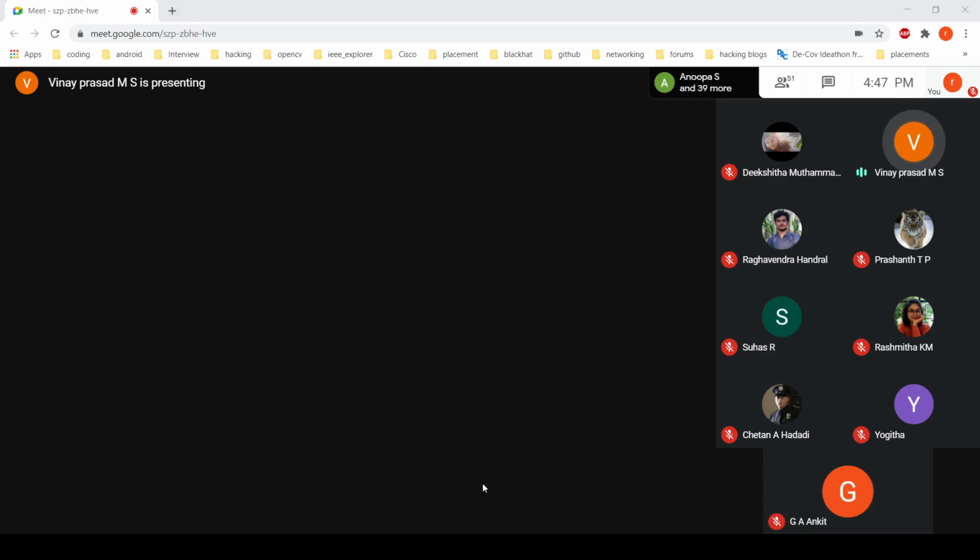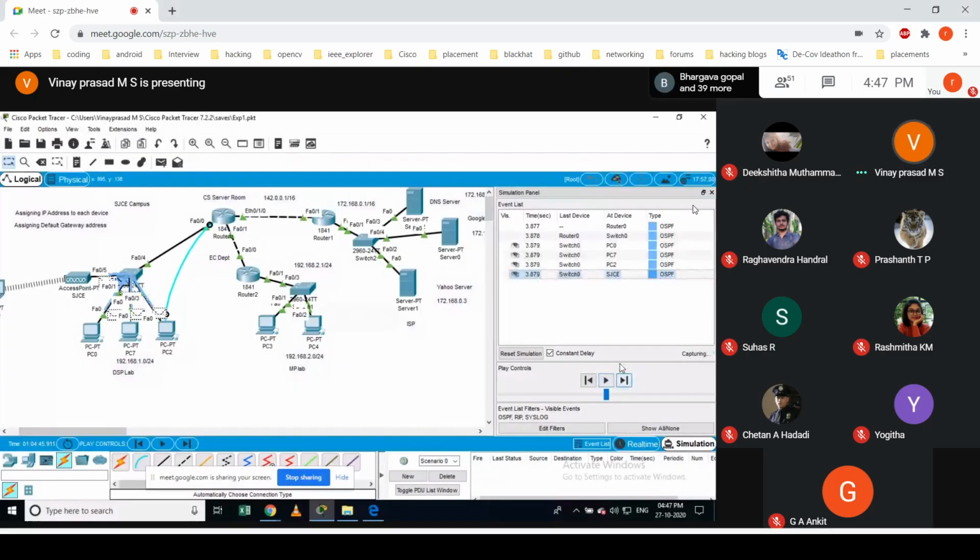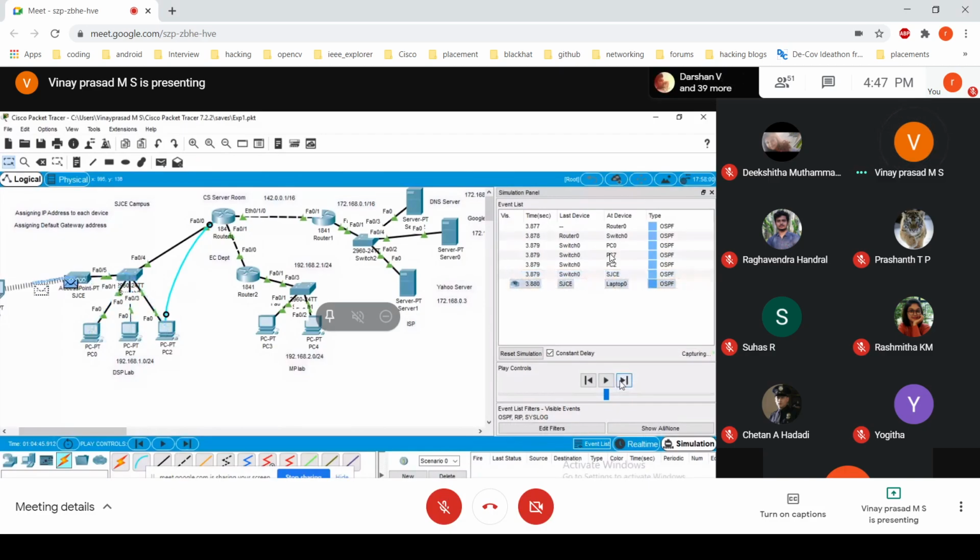If I open this OSPF advertisement packet, the outbound packet is something you see, right? Forward and capture, and forward and capture, and forward.